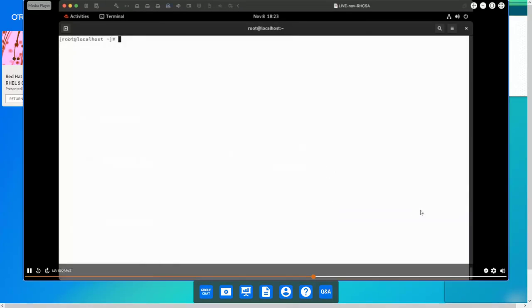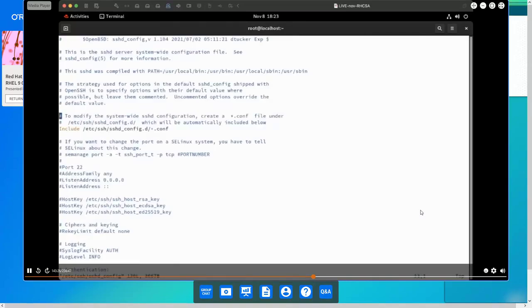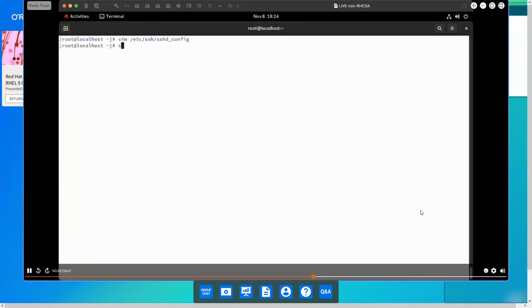Let's do a quick demo. I am going to edit /etc/ssh/sshd_config. And there we have port 20, and I am going to change my port 20. I will make that port 2022. Did I say port 20? I meant port 22. Sorry for that. I am going to restart SSH. systemctl restart